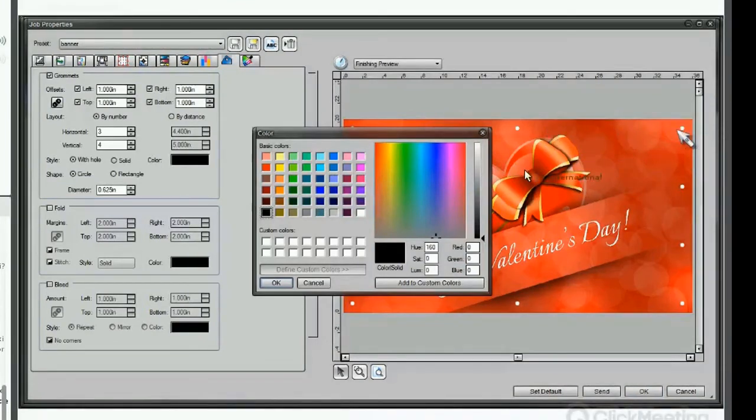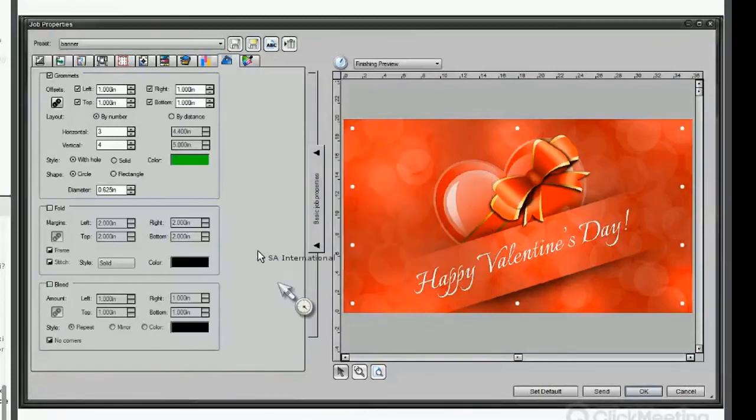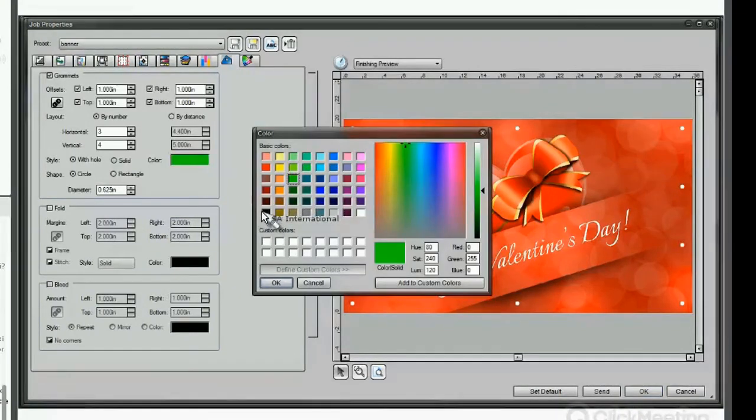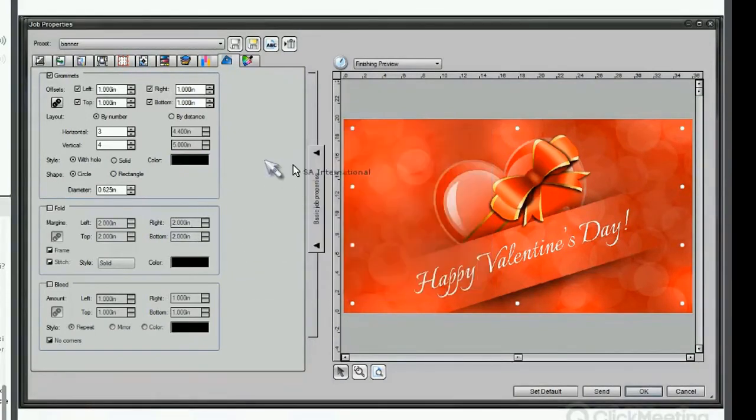It's a red banner, red background, so white is fine. But if you want to, you can actually change it to any color that you want. So if you had a black banner and you wanted to have white, that's fine. But if you had a white banner around the edge, you might want to use black as the color for the banner